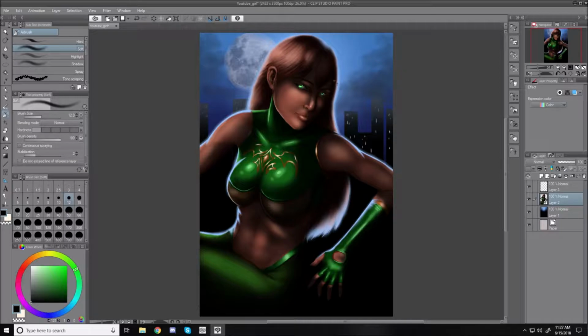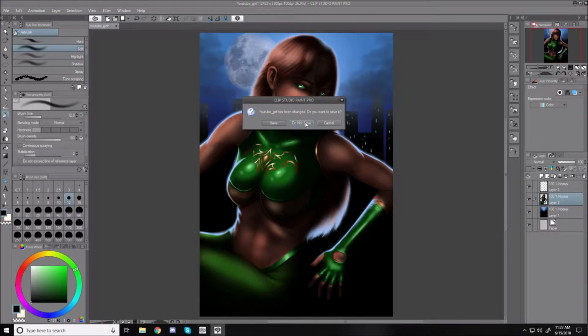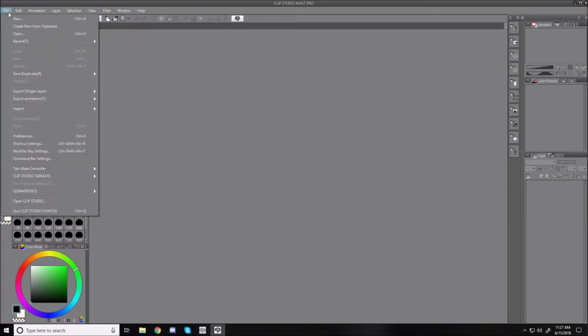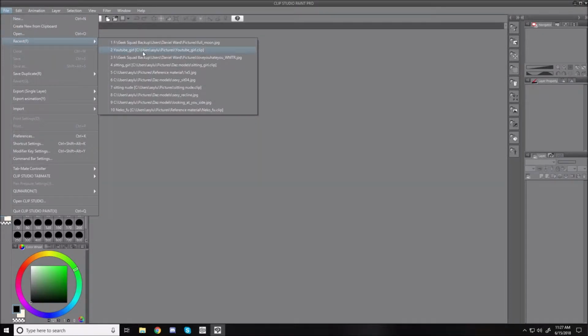Can't really think of anything else. Pretty much how you do your silhouetted. That's pretty dramatic lighting and everything. That's how you would do it for dramatic lighting like that. If you want,